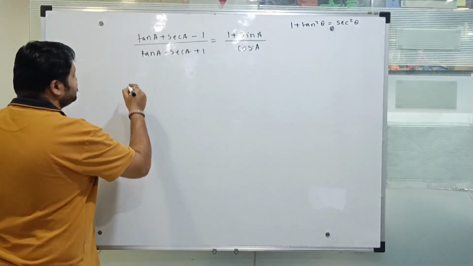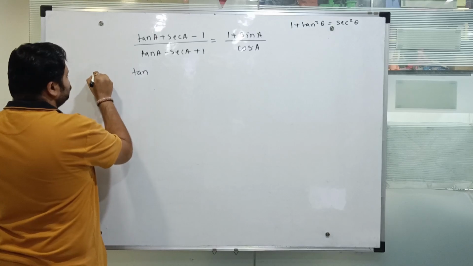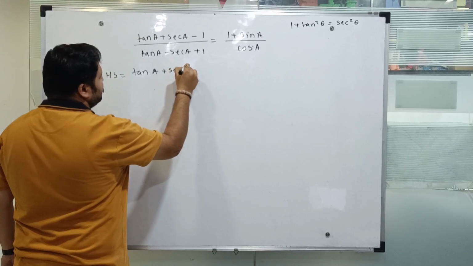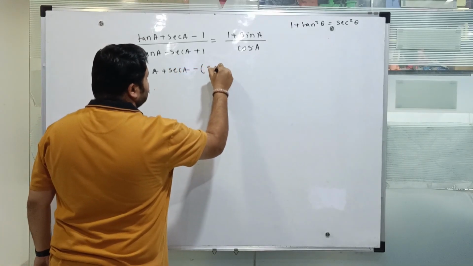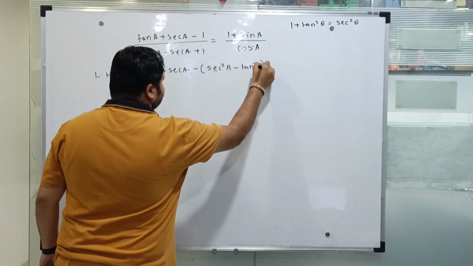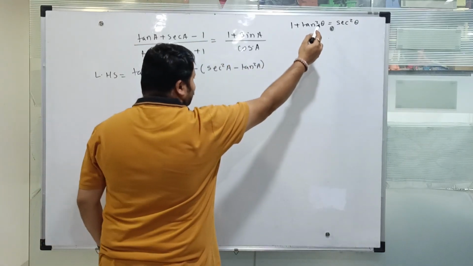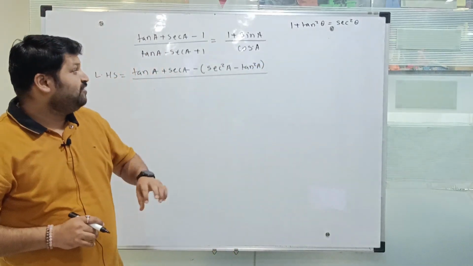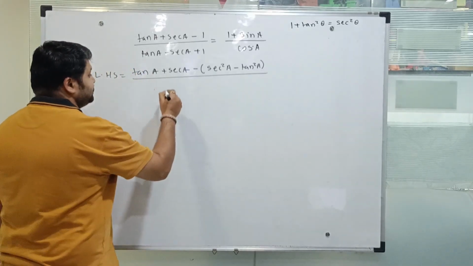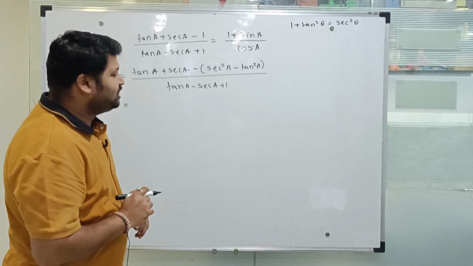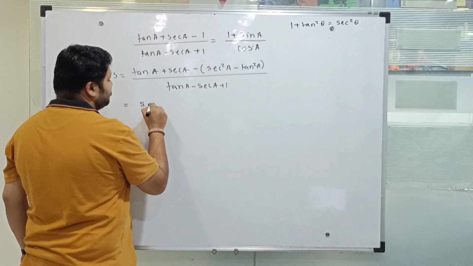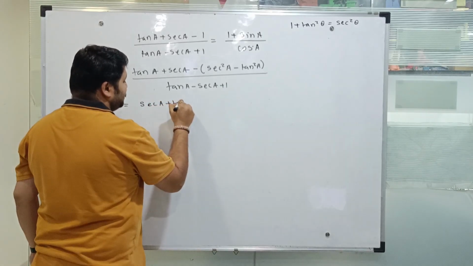So I can write my LHS as tan A plus sec A minus sec square A minus tan square A. So I have replaced this 1 by my identity. Now I will not be doing the same with the denominator. Why? You'll see it in the later part. Now we are going to do a very smart trick here. Instead of writing tan A plus sec A, we are going to write sec A plus tan A